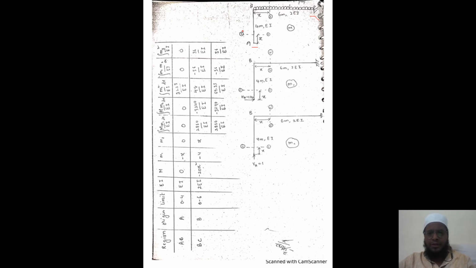So the very first thing is, I will take section 1 and I'll treat my origin as point A. Okay, my origin will be point A now, and another section I'll be taking vertically, that is section 2-2. You can see here I have section 2-2 over here and section 1-1 over here.